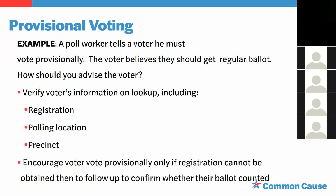So if a poll worker tells a voter they must vote provisionally, that's fine. But if the voter believes that they are registered in that precinct and that they should get a regular ballot, the first thing you do is to try to look up online where they are registered and if they're at the right place. Obviously, if you can confirm that, they can bring the phone in to show the other person, or they can look it up on their own phone. If they can't find it, provisional ballot is the right ballot to get, and encourage the voter to follow up